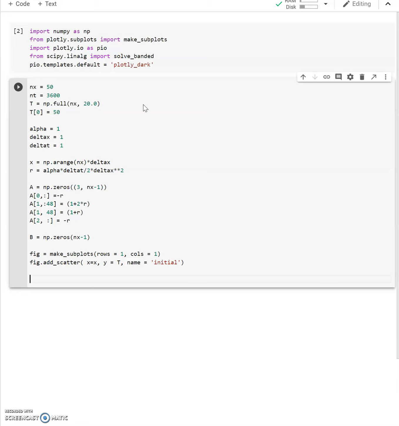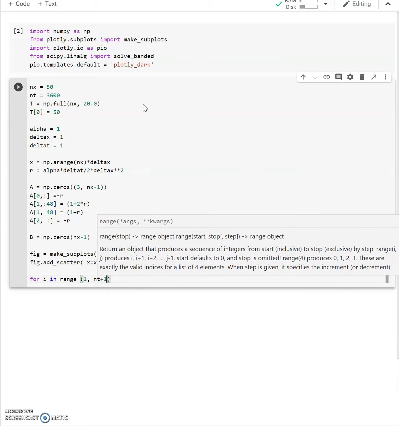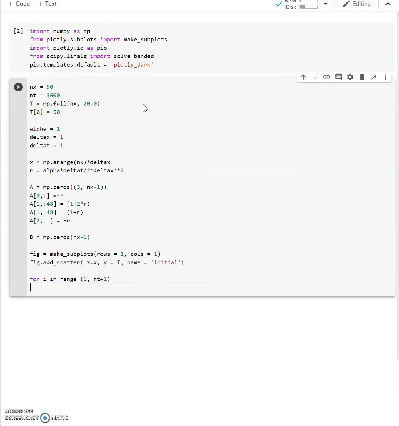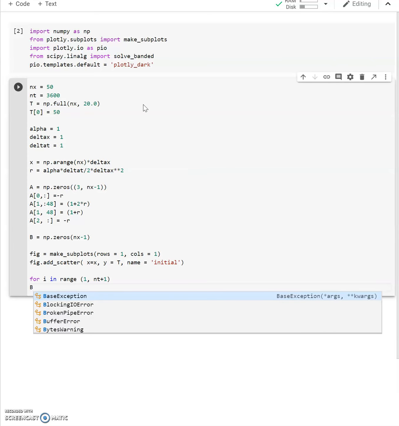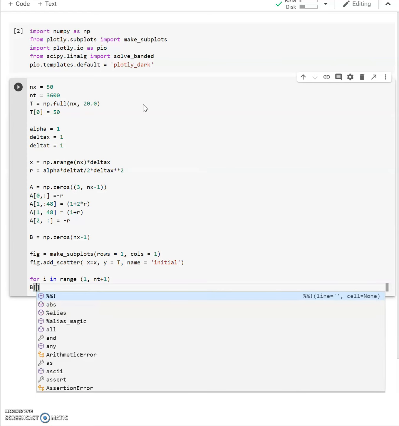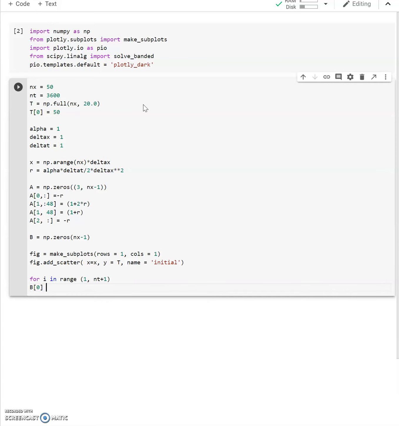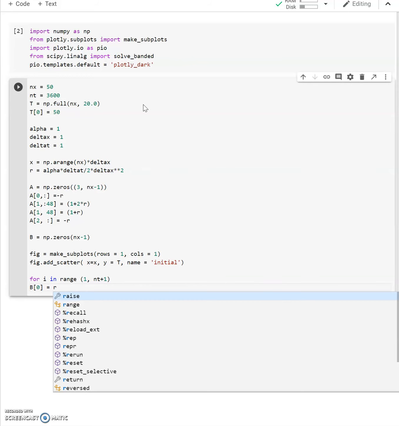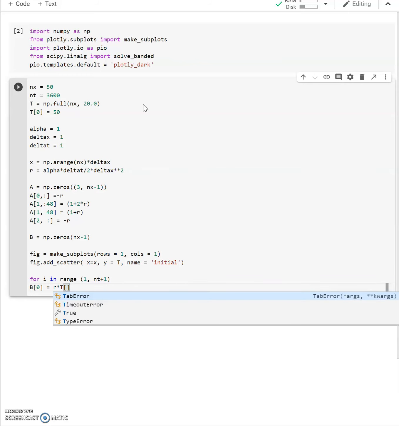So we're gonna need to take the last value into account when doing this for loop. So we're gonna say for i in range of 1 to nt plus 1, taking in that last value. And then for our left boundary equation, we're going to be doing b0 and using the equations that we made with the Crank-Nicolson, which is r times T0